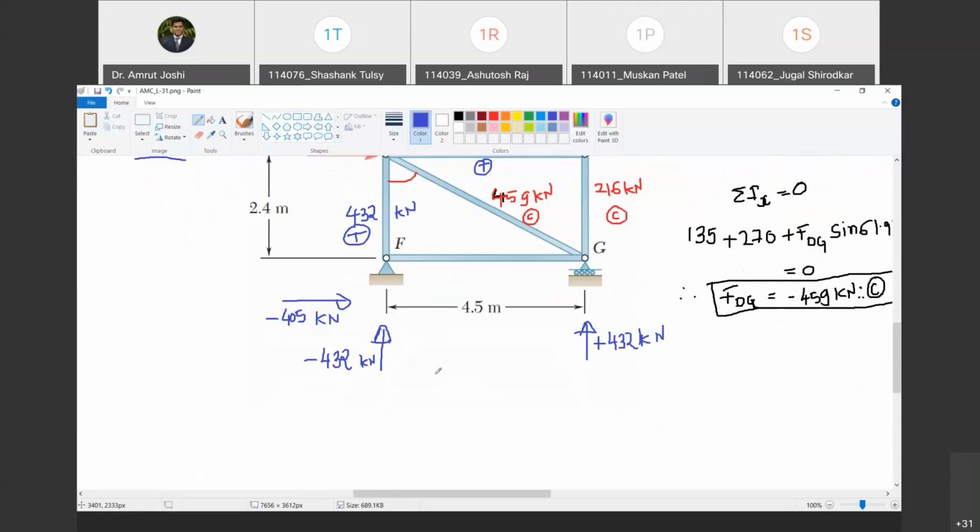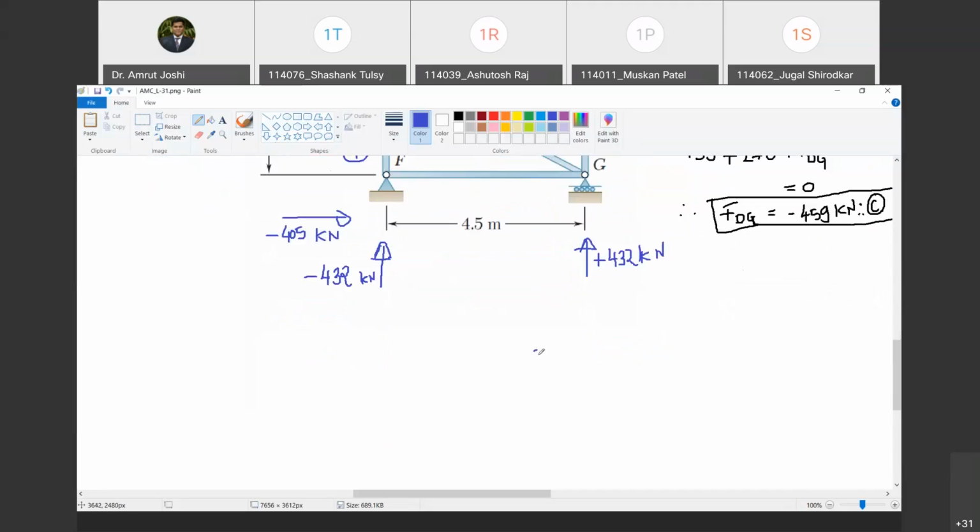Bolo. At F, if I draw the free body diagram, I have very few forces in comparison with G. Do you agree with me? Yes. So let me draw the free body diagram of the joint pin at F. So I am drawing that next. FBD of joint pin at F, and that gives me what? Chalo, let us draw that free body diagram.